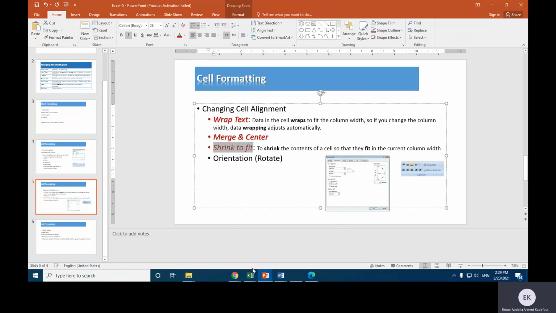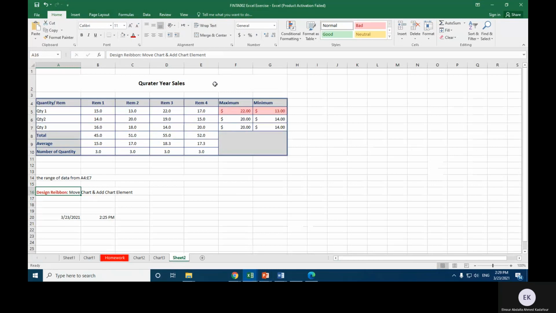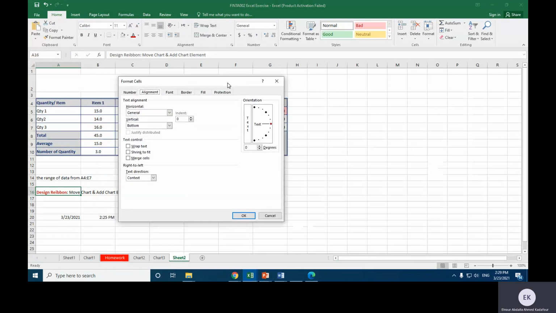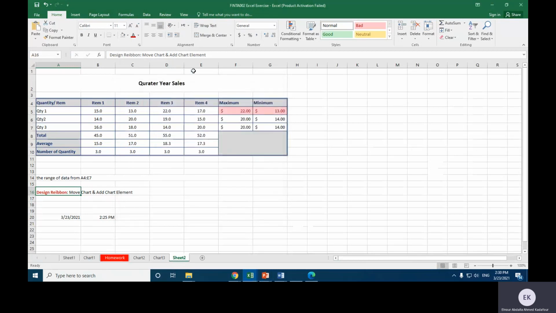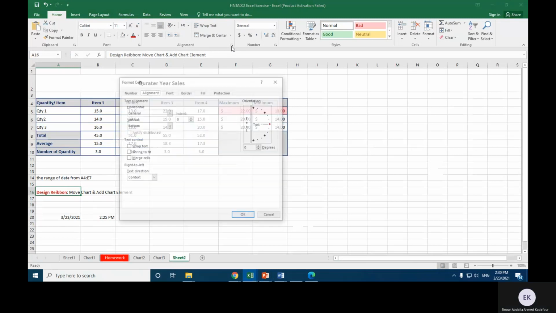So from home, and when you come to the alignment, when you click over here, then you can deal with such task. Plus from the alignment, 3 of them are here. This is wrap, this is shrink, and this is merge. Okay. If this is not shrinking,